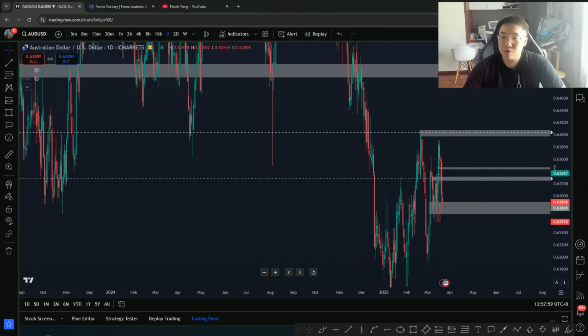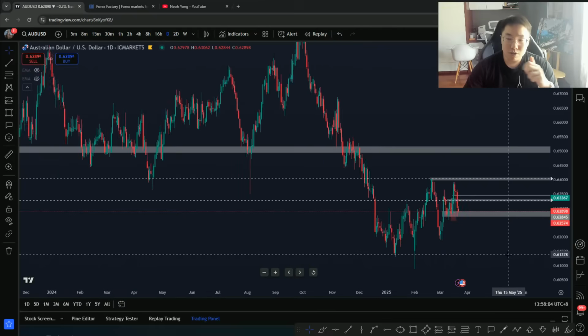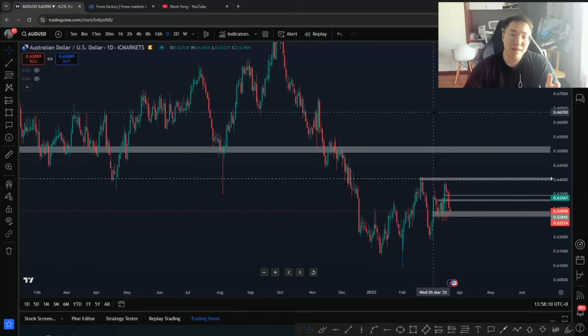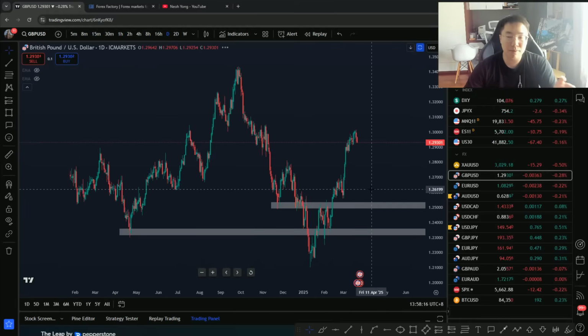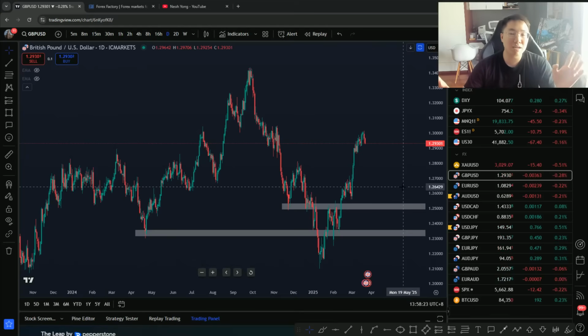So let me go through the thought process of these long positions on AU. Overall, among all of the cross dollar pairs, I am well aware that Aussie dollar was actually the weakest. I'll just go through something simple with you. I talked about this with our trade club traders as well. The easiest way to study currency strength is not actually using an indicator like the currency strength meter. Those kind of things are just unreliable.